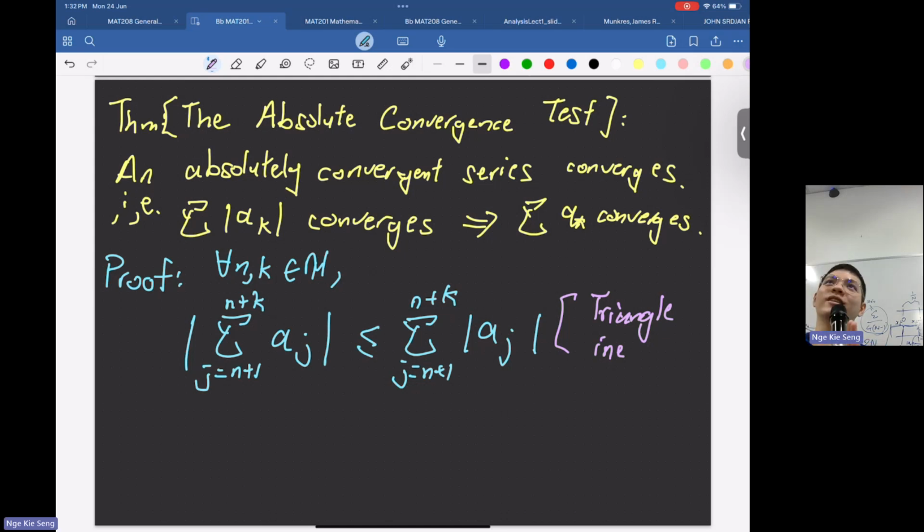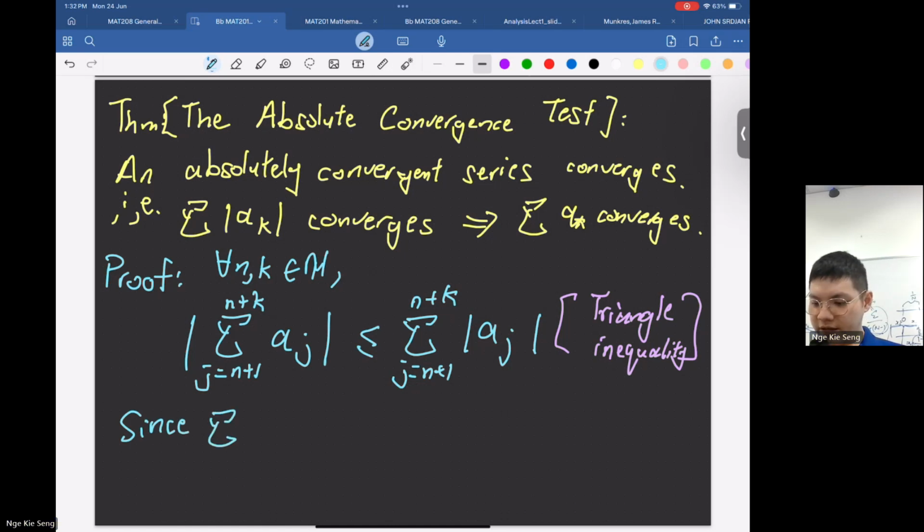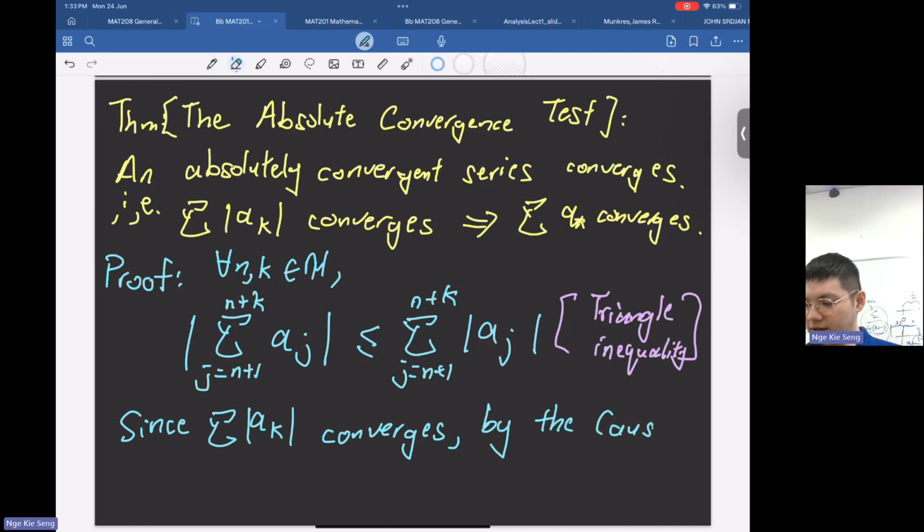I mean, the absolute value of the sum of A and B is less than or equal to the absolute value of A plus the absolute value of B. Okay, but why is this good? Why is this good? By assumption, what do we have? Since the infinite series of the absolute value of ak converges. So by the test just now, what happened? By the Cauchy test just now, we know that